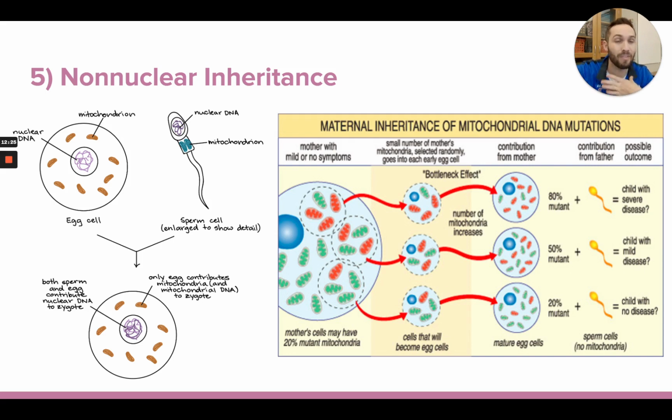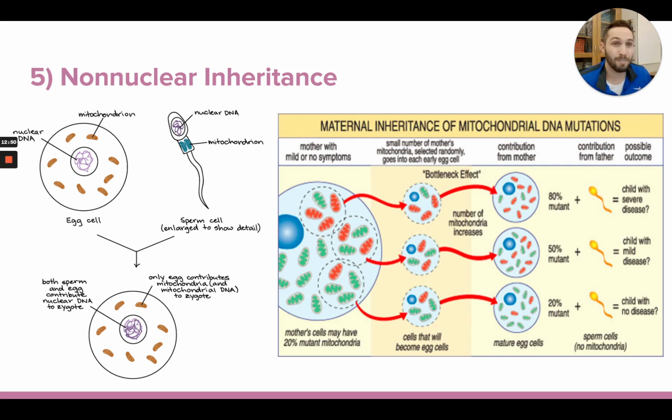So if I was born with a mitochondrial disease, let's say, and I have some bad mitochondria, which I would have gotten from my mom through the egg cell, well, when I have kids, my kids will be unaffected by that. Just because I have bad mitochondria, I will never pass that on. I'm not able to pass that on to my offspring. It would have to be only the mom who can pass on the mitochondrial DNA. So that's what's going on here.